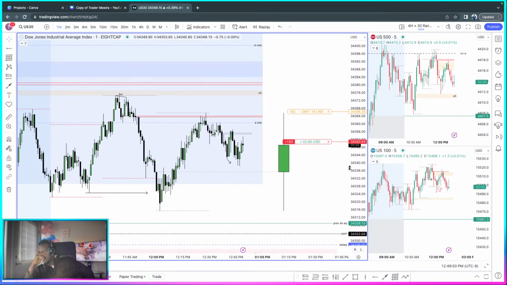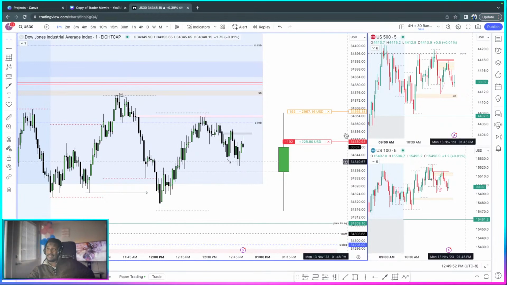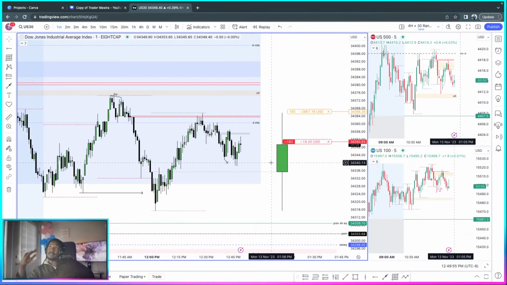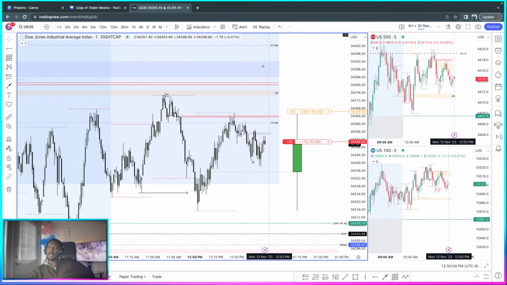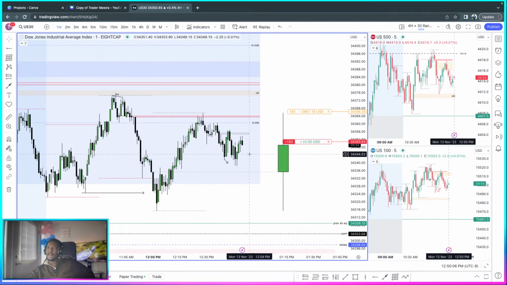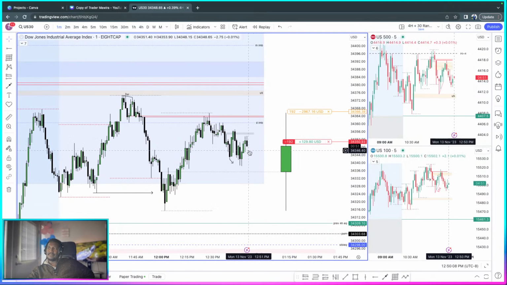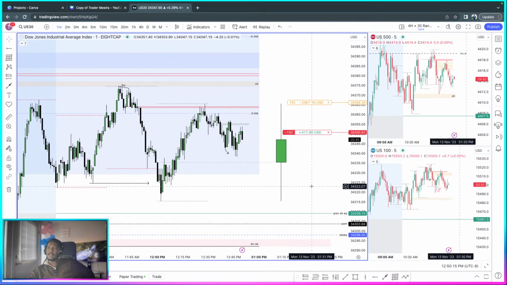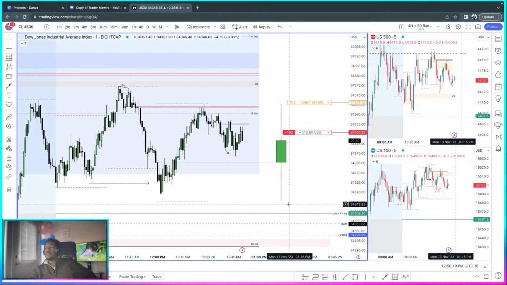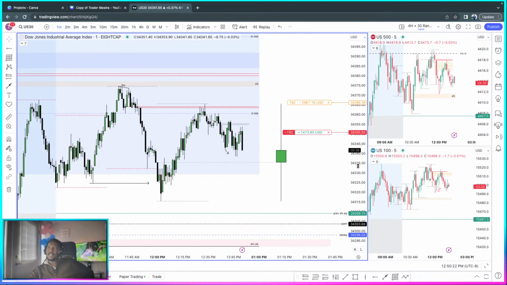It's only 10 minutes to 1, and we know what 1 does. Could be any time from now, like 10 minutes to 1, 5 minutes to 1, a few minutes to 1, or just after 1. We usually see some sort of huge volatility that comes in. Now, sometimes it prints against you, and sometimes it can print in your favor. So that is something that I have to be watchful for, because it can also be a fake move. So you should be able to get ready to take something off.